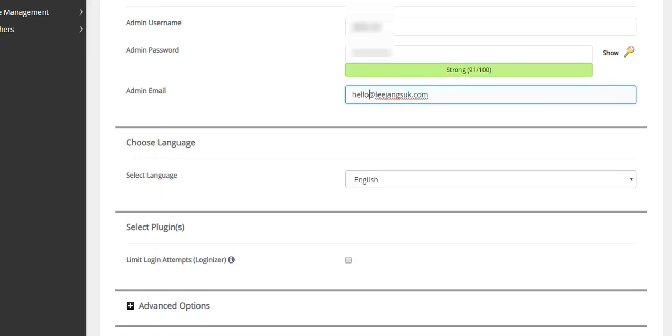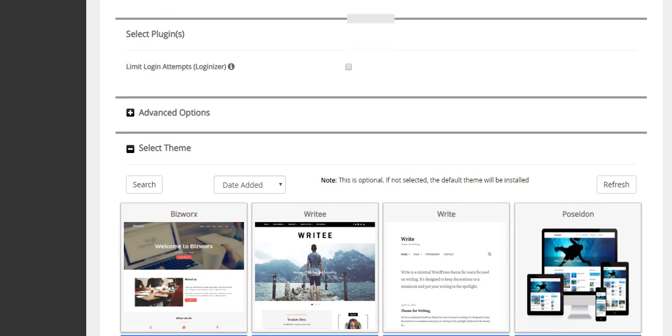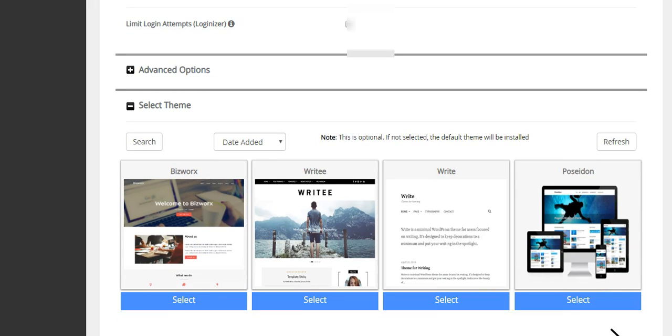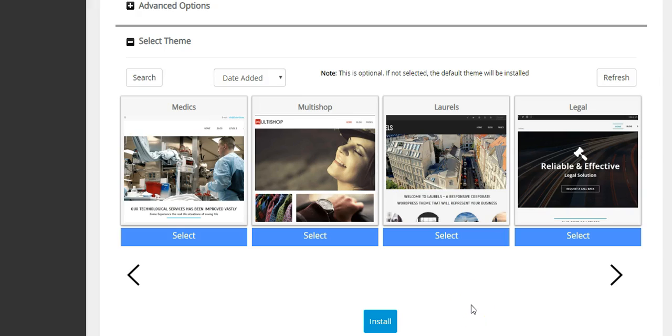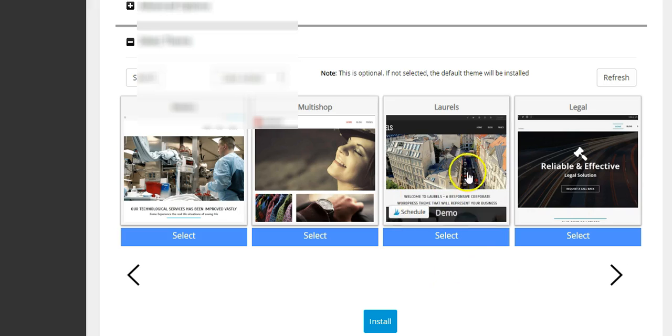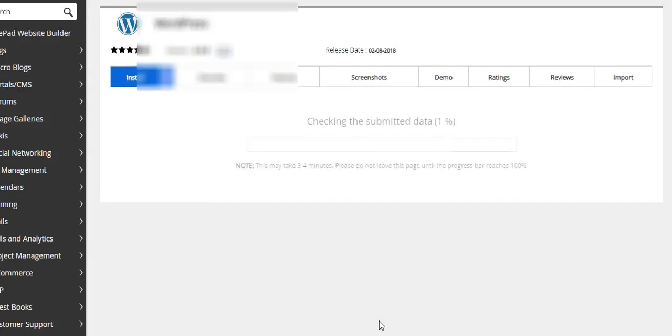I'm ready to go. So I'll scroll to the bottom, and here, if I want to install a template to use for my website, I would select one here, any one that I want to use. But in this particular case, I will be installing my own template. You will still have access to this control panel, where you can actually select any of these templates. So for now, if I just hit install,